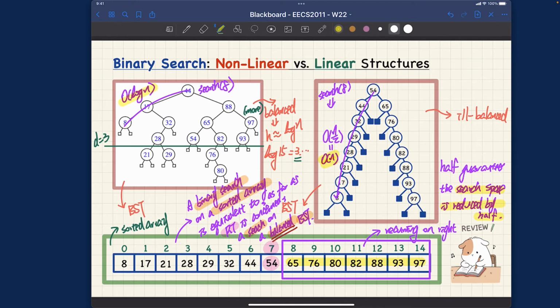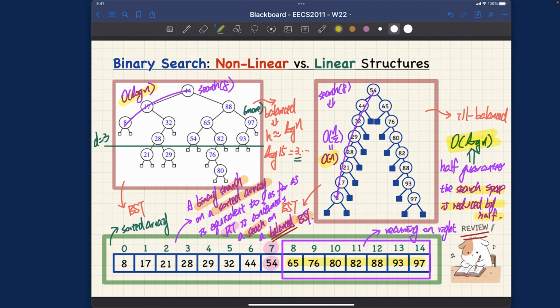That's why the number of decisions we have to make to either go to the right or to the left will be log n. So eventually the running time for performing the binary search on the sorted array is always big O of log n. That's something to review, right? That's why I said to review. Okay, and this means the running time, better to put in green because it's a good running time, is always big O of log n, always, guaranteed, because we always reduce the search